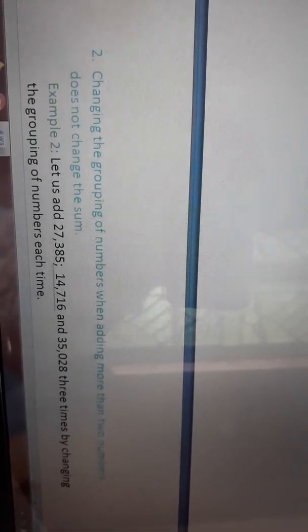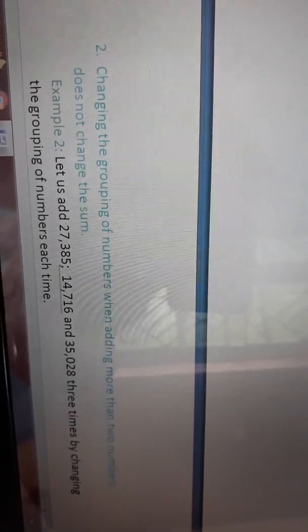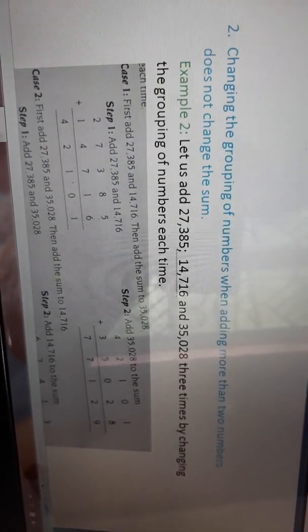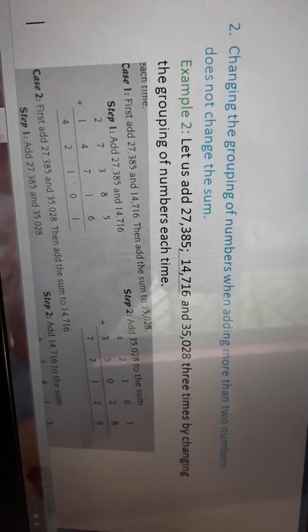The next property of addition is that changing the grouping of numbers when adding more than two numbers does not change the sum. So here also you see, let us take 27,385, 14,716 and 35,028, and add three times by changing the grouping of numbers.